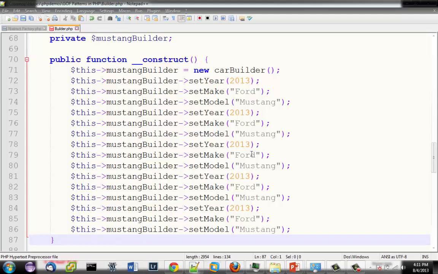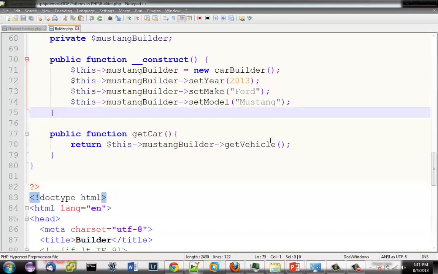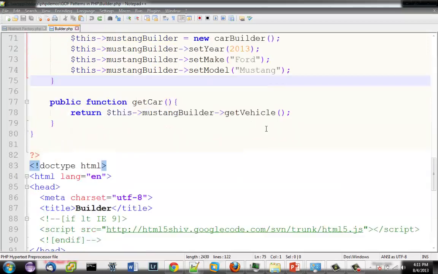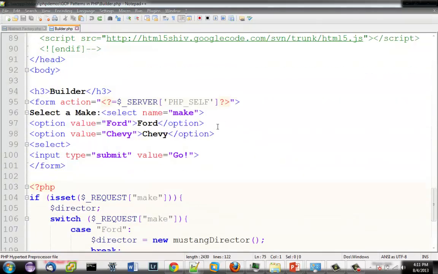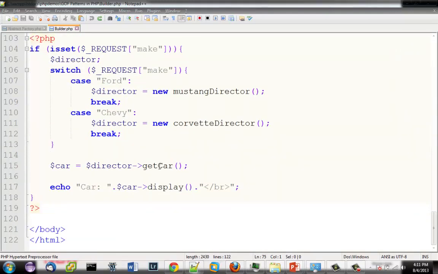So you can imagine a class that has tons and tons of properties, that this builder pattern would be very useful for constructing that kind of object, rather than having a constructor for every known possible permutation of the various properties on that object. So down here, all I'm doing is getting out what make they select, and then getting a different director, Mustang or Chevy director, and then getting the car from that, and then displaying the car from the director. So it's a fairly simple pattern.